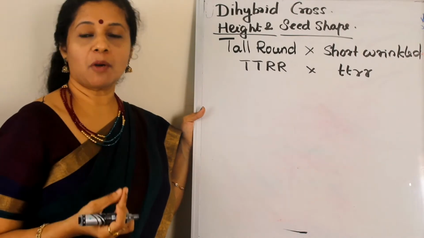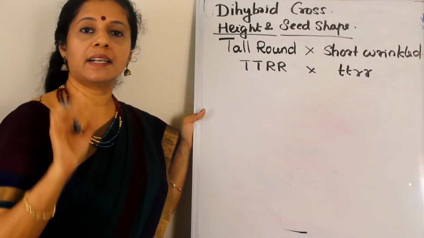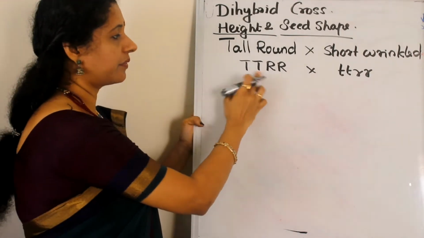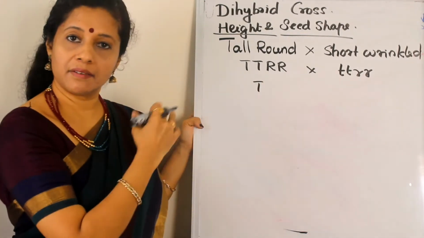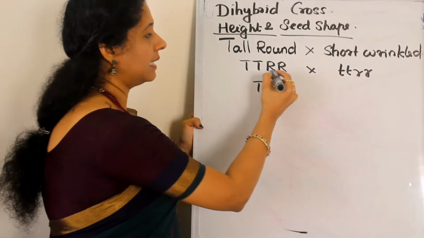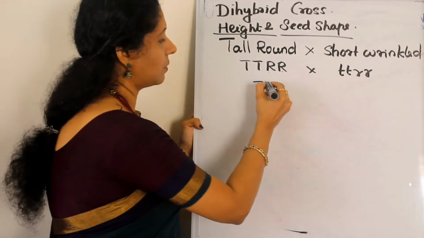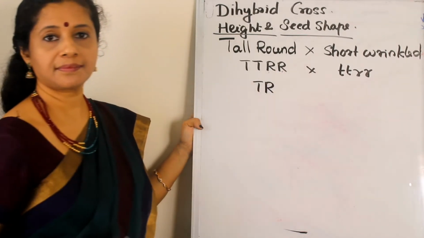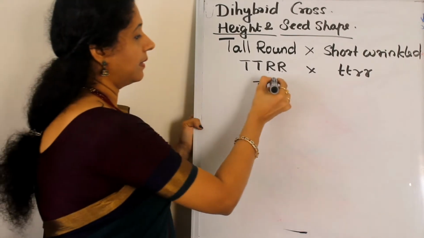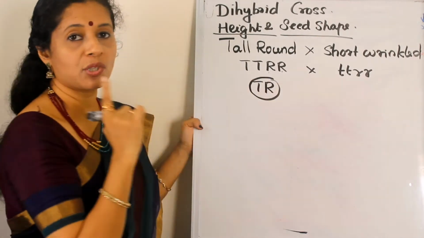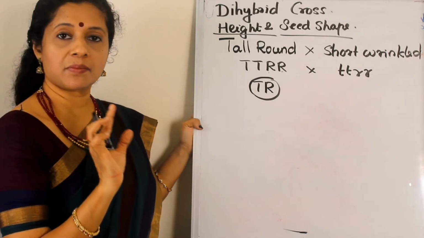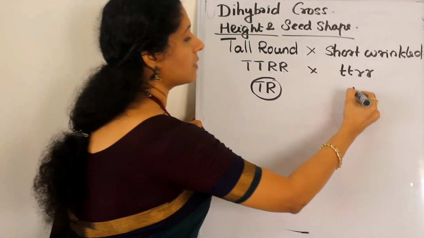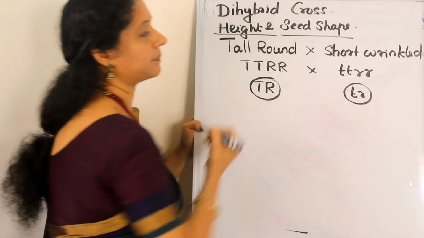When this plant is forming gametes, you know, a gamete will inherit only one allele. So out of these capital T, one capital T will come, but it doesn't make any difference because both are same. Then out of this, one will come, so capital R. Right? So I am putting a circle here. Why? I am showing haploid condition. Only one allele will be expressed in the germ cell. Here also small t, small r.